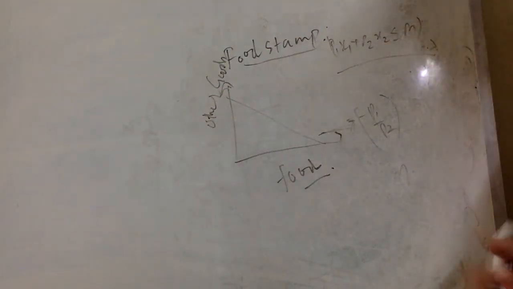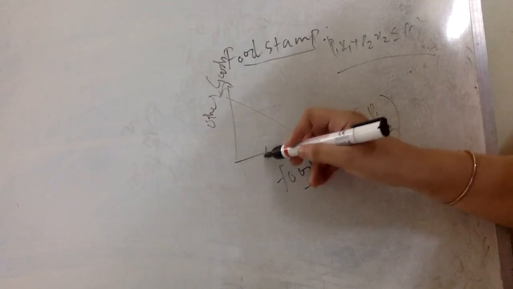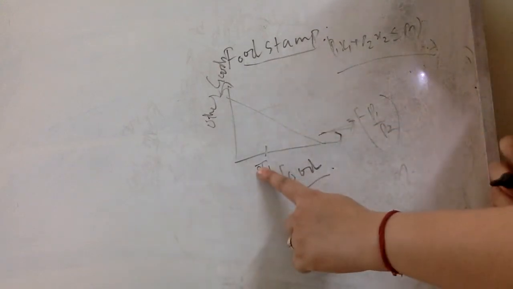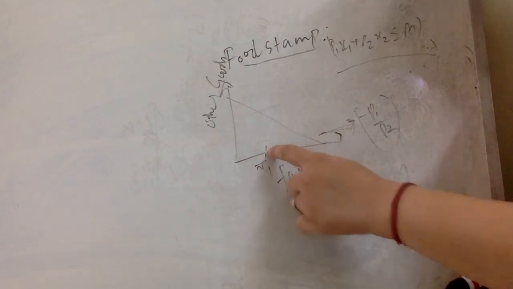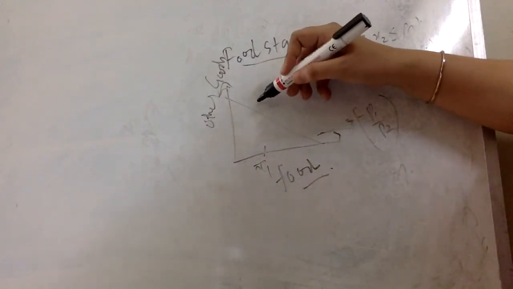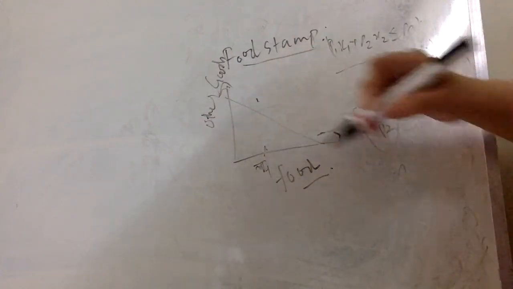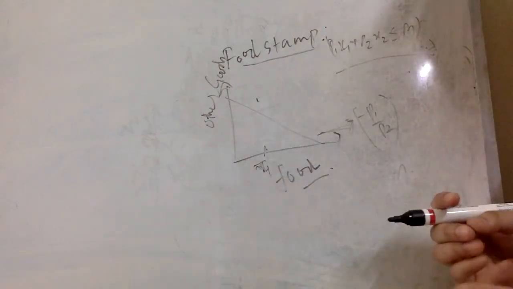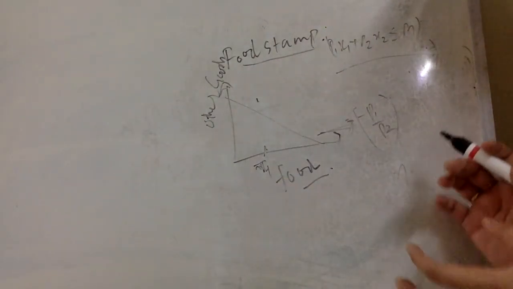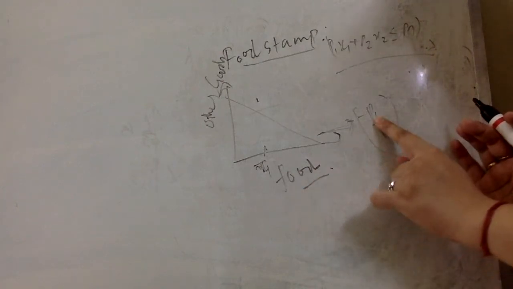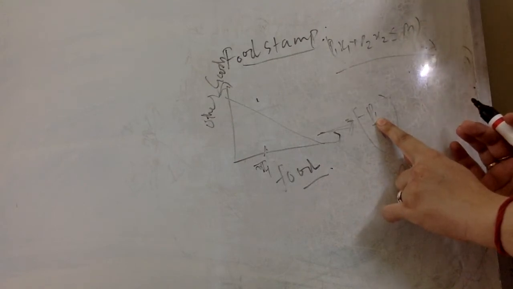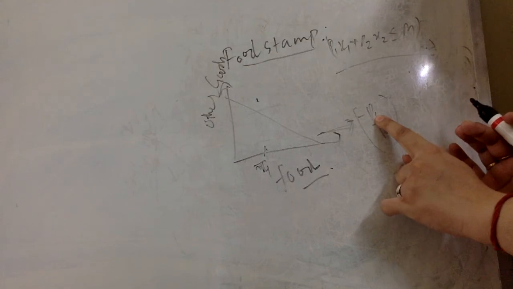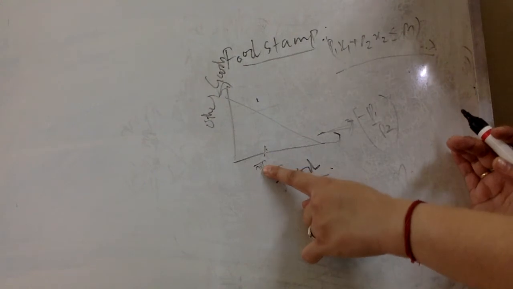Suppose now food stamp is given up to a given level of food. Suppose there is some x1 bar up till which government is willing to give you subsidy, beyond which there is no subsidy. If there is a subsidy, it means till x1 bar, till some level, the trade-off between other goods and this becomes relatively easier. It's cheaper, which means P1 will fall. If P1 falls, the budget line slope becomes lower, till x1 bar, which means it becomes flatter.